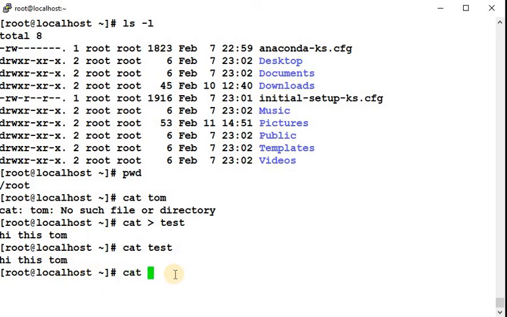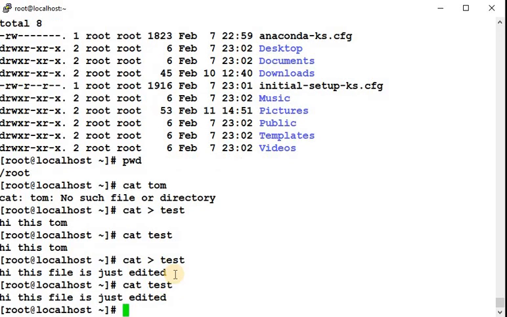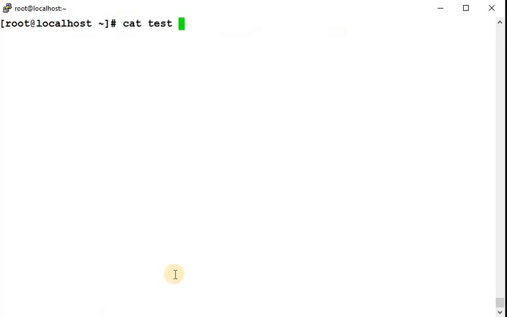Now if I try to override this test, okay, hi, this file is just... so you can see the content is overwritten over here. Okay, let me again read it. So if you want to stop this, so that no one by mistake overrides it,